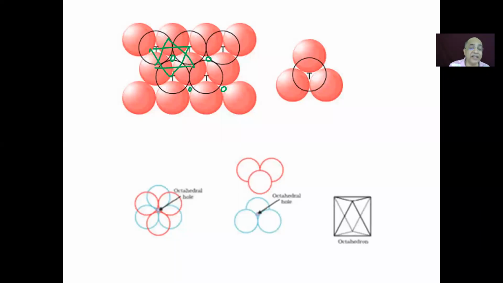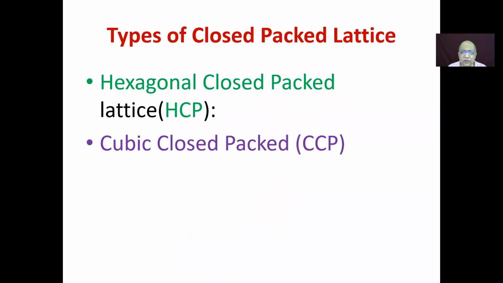Am I clear? Raise your hands. These two are in opposite directions, so if we are interested in an octahedral hole, we have to look for two equilateral triangles lying in opposite directions. Right? Good. This we have already written. Don't worry. We know close packed lattices are of two types. My favorite is when you are using the tetrahedral holes. That is called the AB type of stacking that you know.